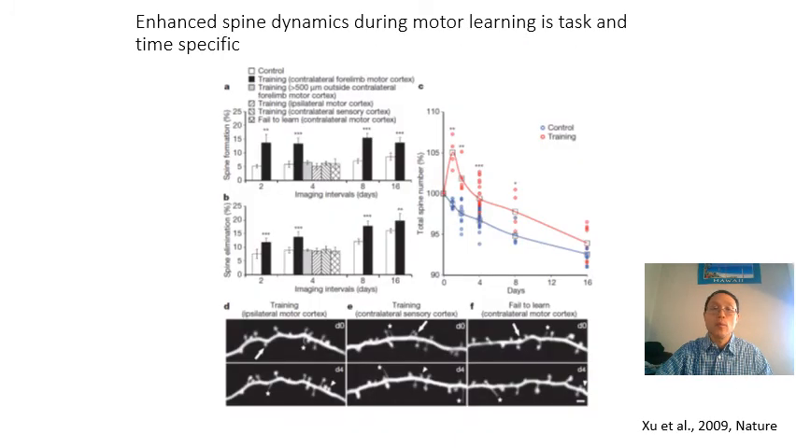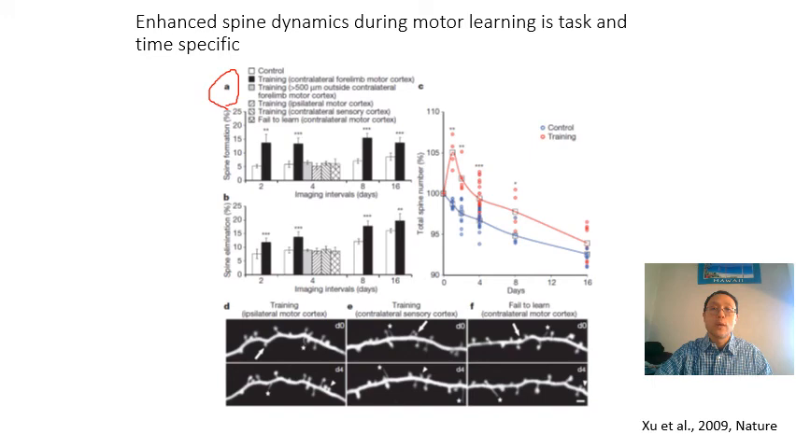Okay, so the next thing they wanted to do was make sure that the enhancement of the spines during the motor task is task and time specific. In A, they're looking at many different kinds of tasks. You can see that, especially on day 4, when you look at control and at training, there are a lot of new spines being generated in all of the training conditions that you see in black, but not in any of the other control conditions,